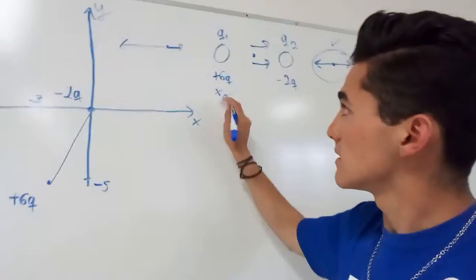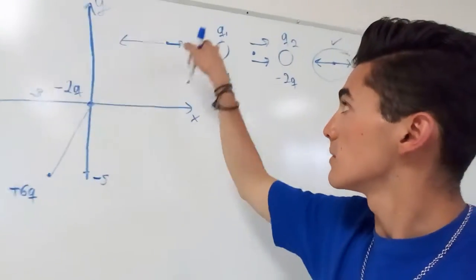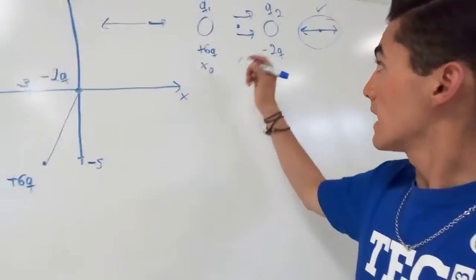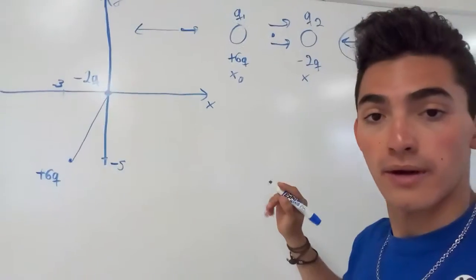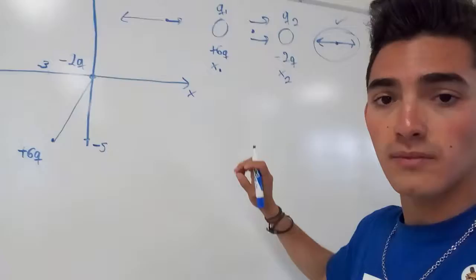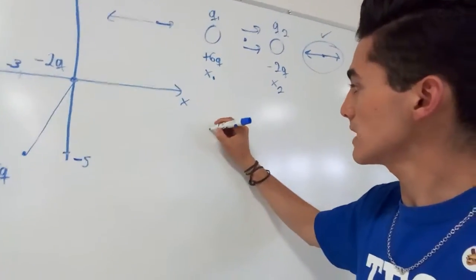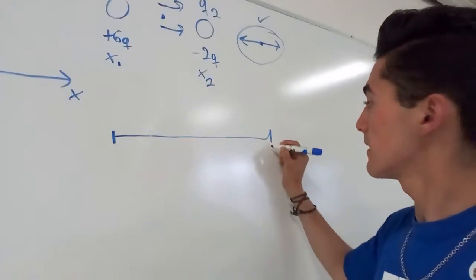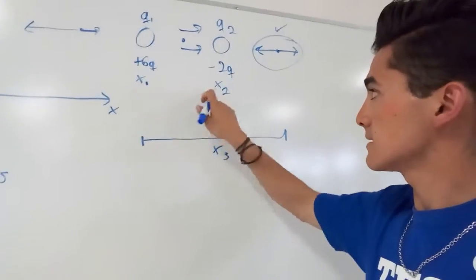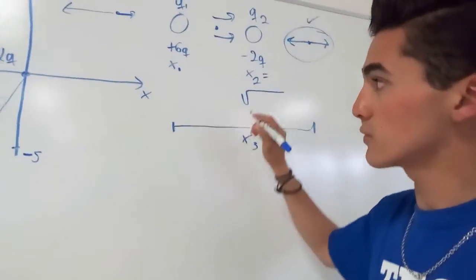Here is not the origin, but here we are going to take it as our x0, and here we will have our x1, here we will have x2, and from here to here, we will have x3. Okay, for finding the value of x2, we will obtain that it is the square root of